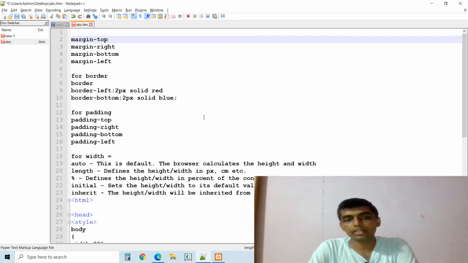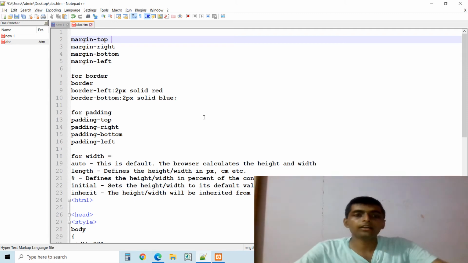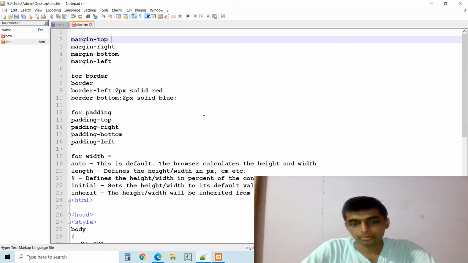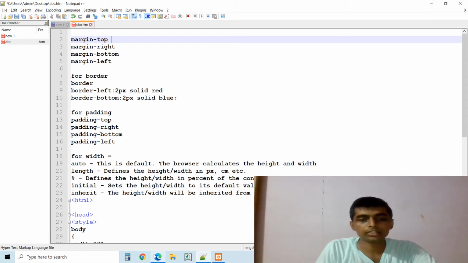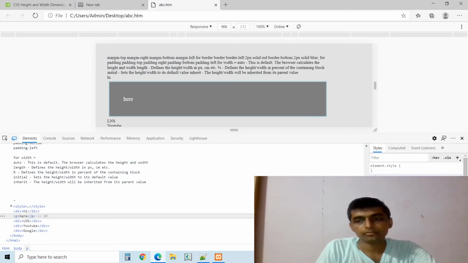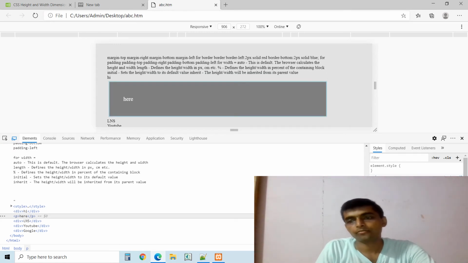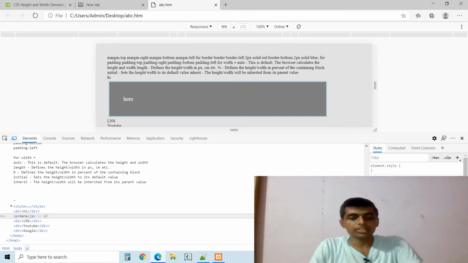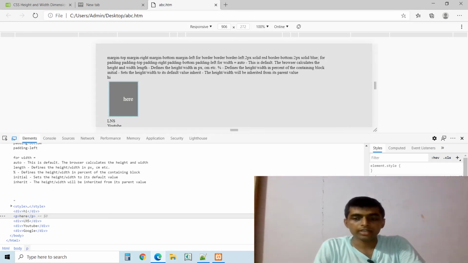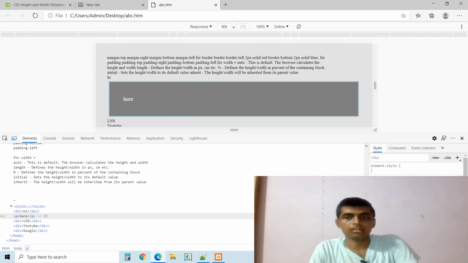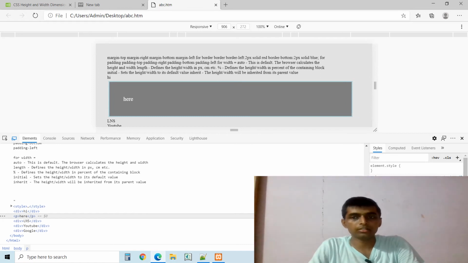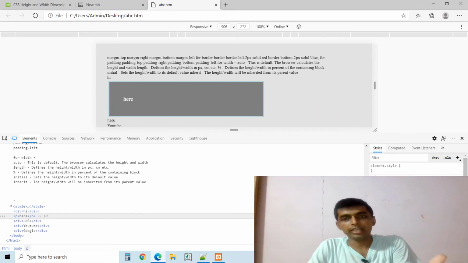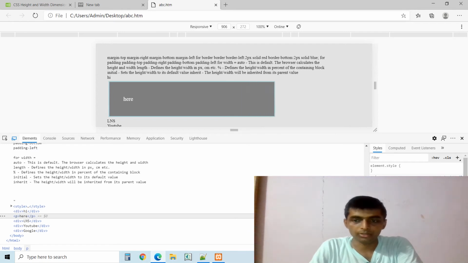I want to set the width and height. Width is the particular part of your whole area that will be covered, and here the width is set to 100%. If I want to change this width, how can I change it? Suppose I change this width, which is set to 100%. This will be your 100%. This is how the width of your particular divs is changing.